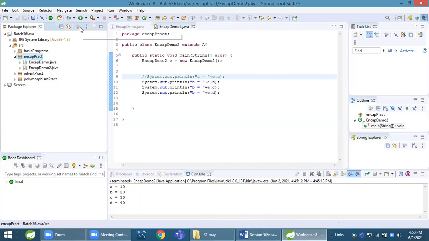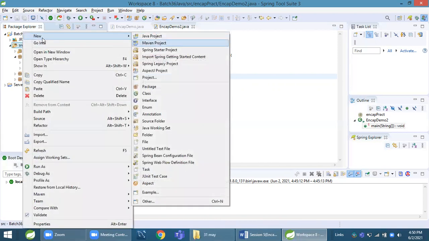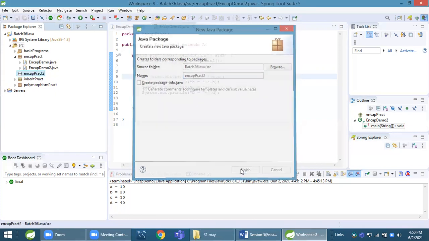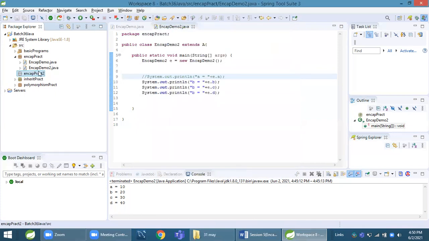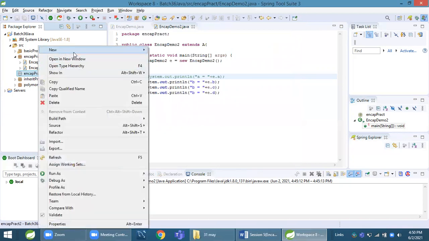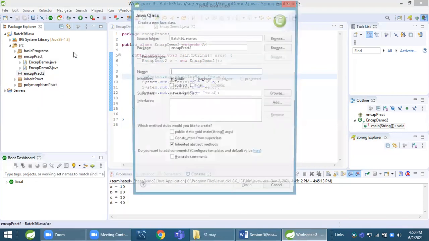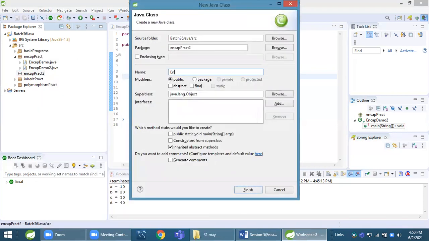I will create one more package called NCAP Practice 2. I take one class called NCAP Demo 3.